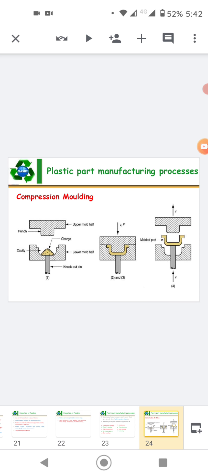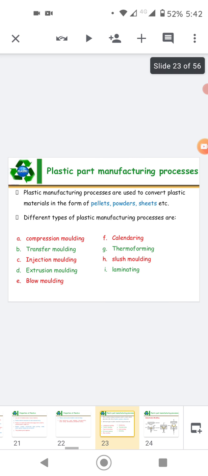The first one is molding techniques. Molding is defined as the process of shaping plastic material by the simultaneous application of heat and pressure, or pressure alone, in a closed chamber called the mold. The process offers the following advantages and limitations.